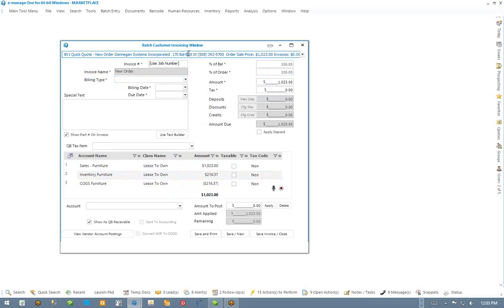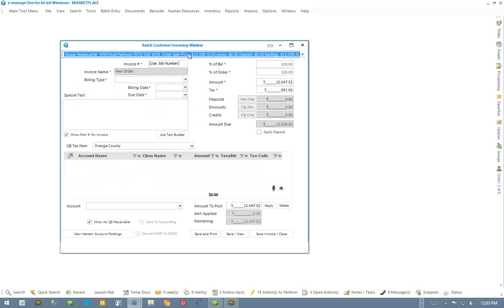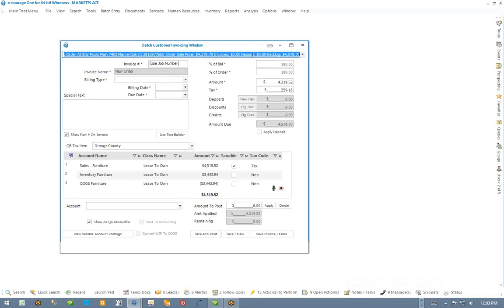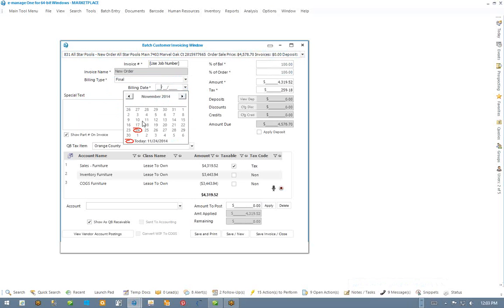If I just want to flip through them, I can use my arrow key, and you'll see the amounts changing here and at the bottom. So it's going to do all that for you just by putting in a project number. I think salesperson is in here, the bill to, the end user, and you're just going to fill this out. Let's pull one up that's already mapped. So this one here, I'm just going to fill out my billing type, and I'm going to fill out my billing date,